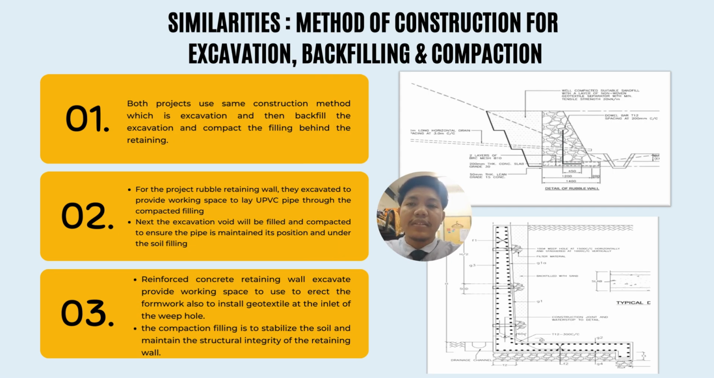The last similarity is the method of construction, which is excavation, backfilling, and compaction. Both of these project retaining walls use the same method of construction, involving excavation, backfilling, and compaction. For the rubble wall project, they excavate to provide working space to lay UPVC pipe through the compacted filling. Next, the excavation void will be filled and compacted to ensure the pipe is maintained in its position under the